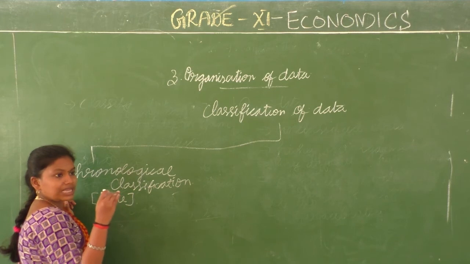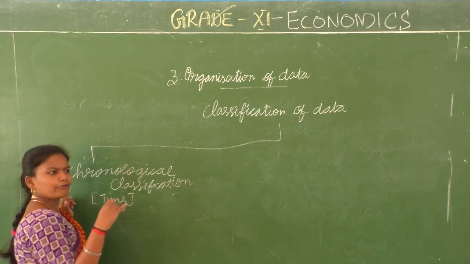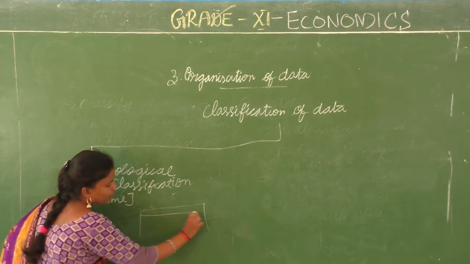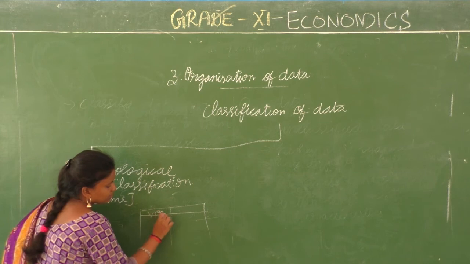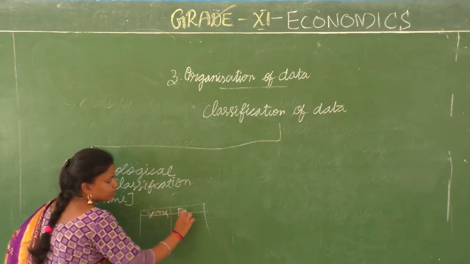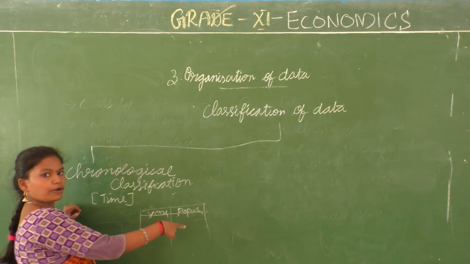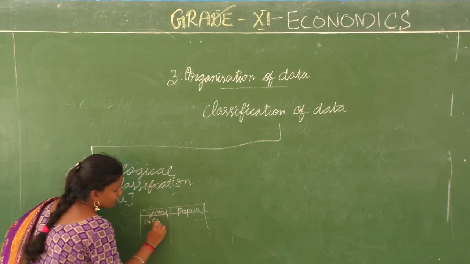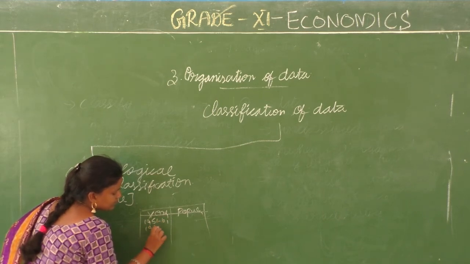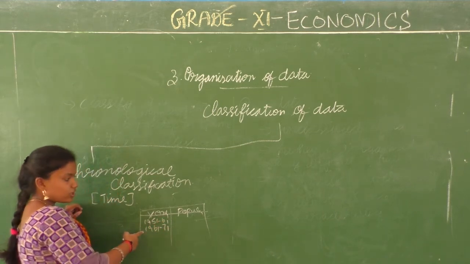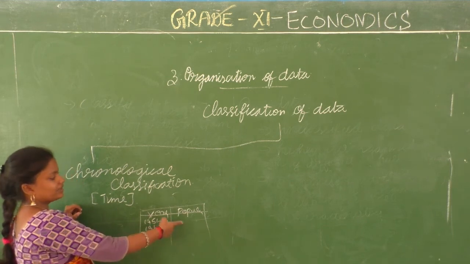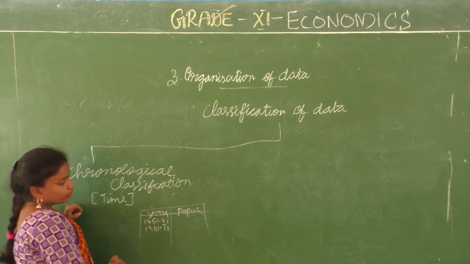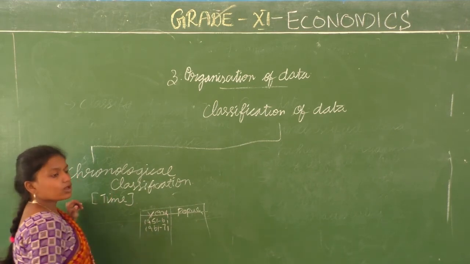Based on the census in economics, now you are studying various data, right? So there you have a column, year and population, or year and employment opportunity, year and literacy rate. So we divide 1951 to 61, 1961 to 71. Based on years, based on time it is done. Time will include year also, children. Year, month, everything will come under time. When you do it, it is called chronological classification.